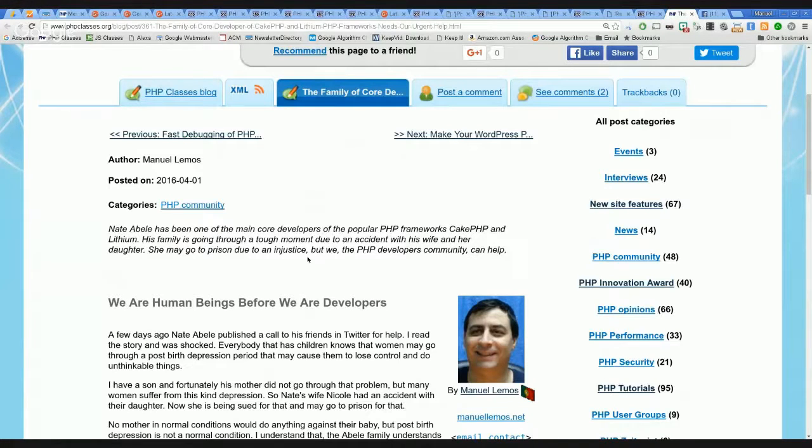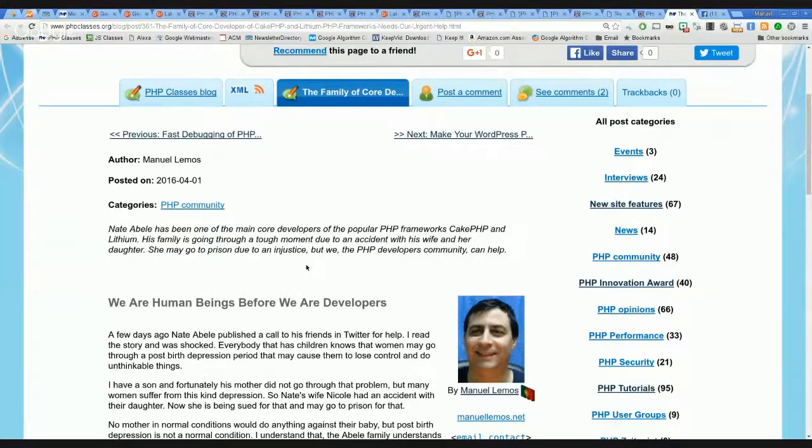I'm not saying that it is the best framework or anything like that. I'm just saying that it helped to start a movement, and from then on many PHP frameworks appeared. And I think PHP was important because of that. And Nate Abele was one of the people that pushed PHP as one of the core developers.